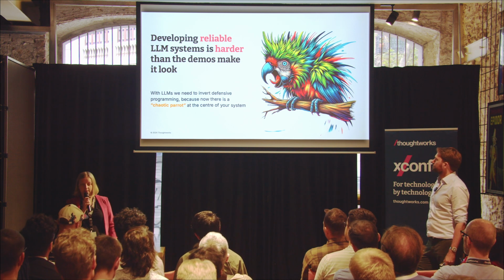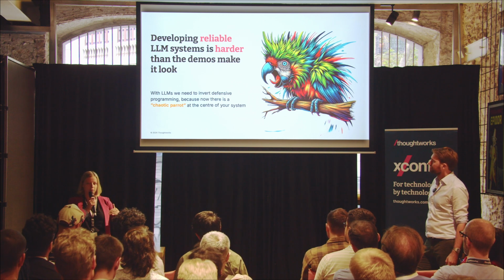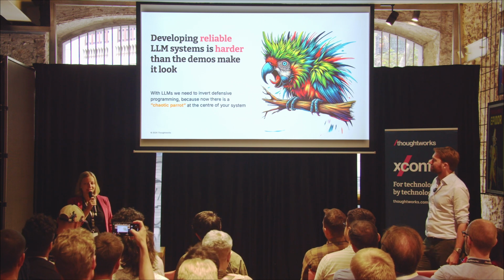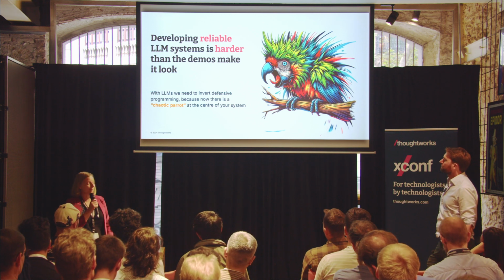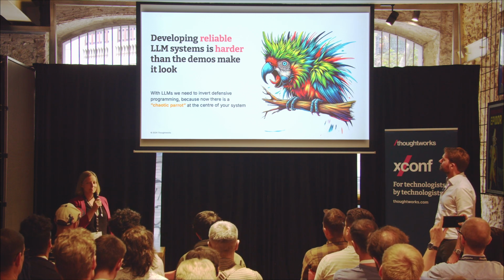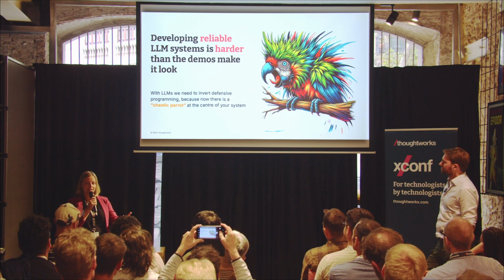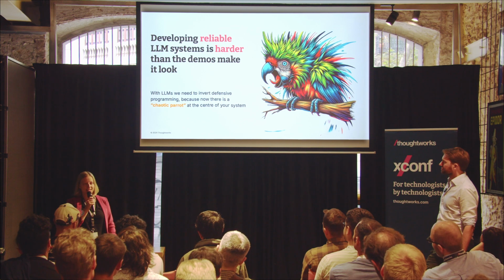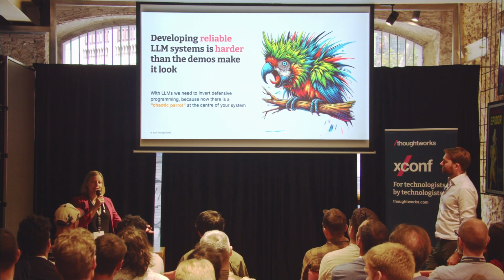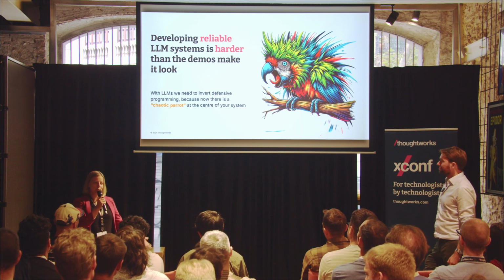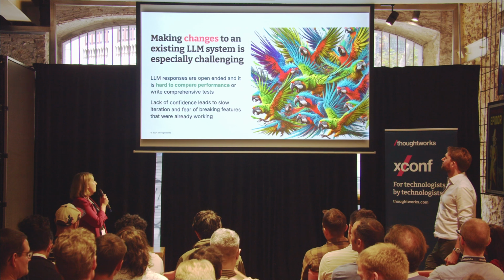So traditionally, when you're developing software, you know what your software does, or at least you can look at the code and understand what it does. Here, that's not the case. So you have this very scary, maybe not always so scary parrot churning out something, and you can't really trust what it says. You can only kind of trust that OpenAI, or whatever your LLM provider is, is doing a reasonable job.